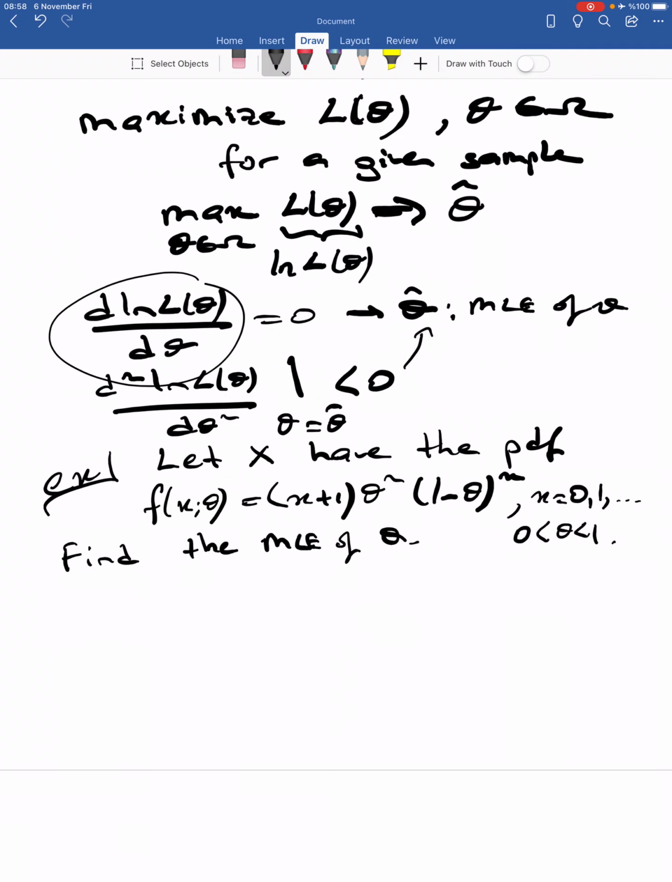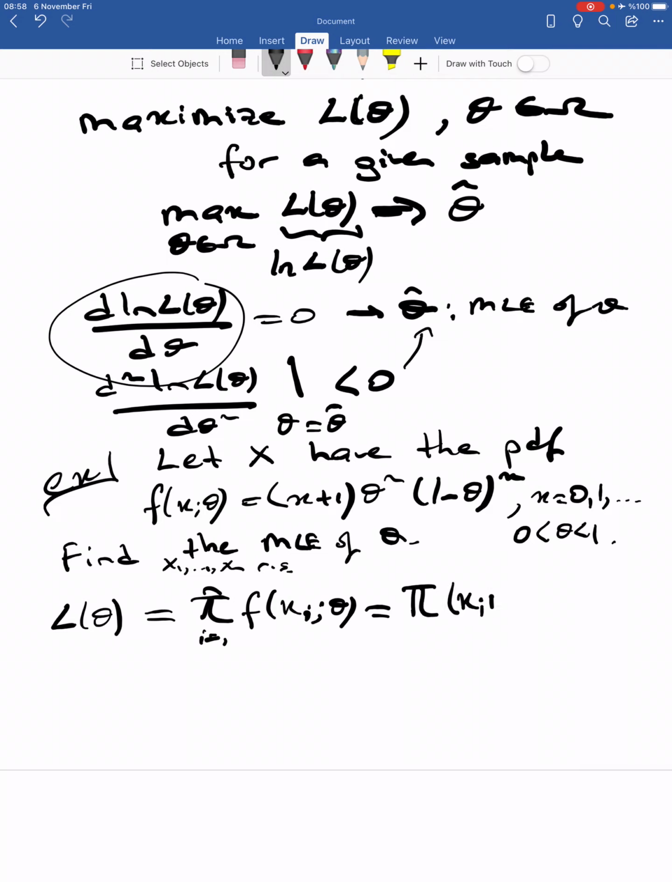Okay, so first of all, find the likelihood function as step one. Assume that we have a random sample of size n. Let's write the likelihood function. It is a multiplication of the marginal PDFs for a random sample. So multiply our PDF, (xi plus 1) theta squared (1 minus theta) to the xi, for i from 1 to n, and obtain